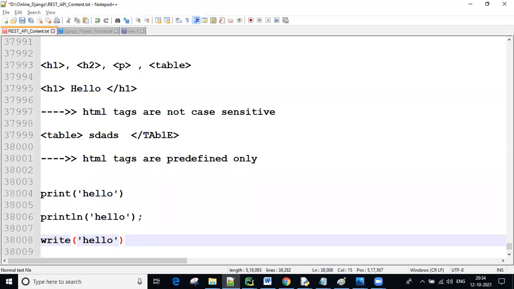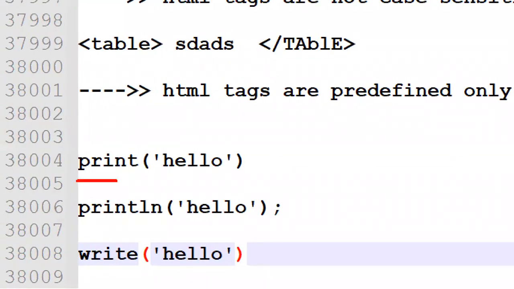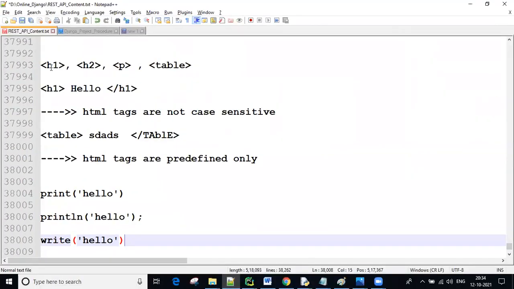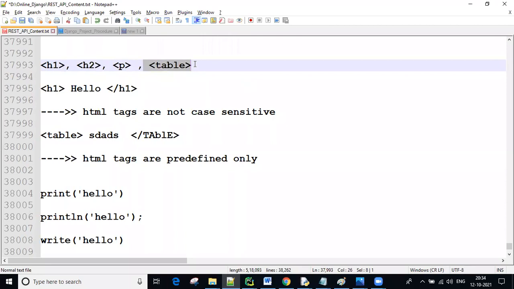So from language to language, the methods for displaying content change. In the HTML language, the people who designed and developed it gave all these tags. If you use H1, this is the behavior. If you use H2, this is the behavior. If you use the table, this is the behavior. Everything they designed, we just use according to our requirements.